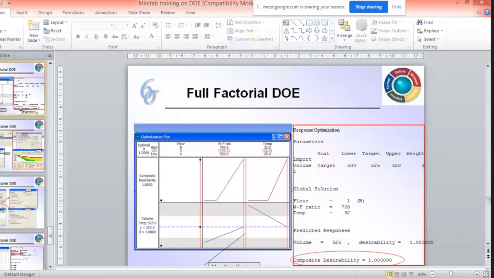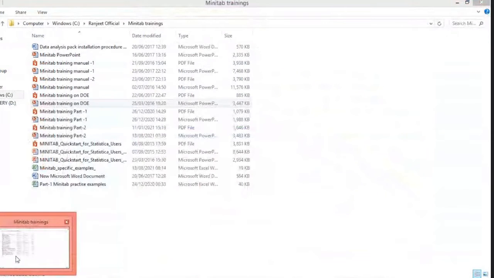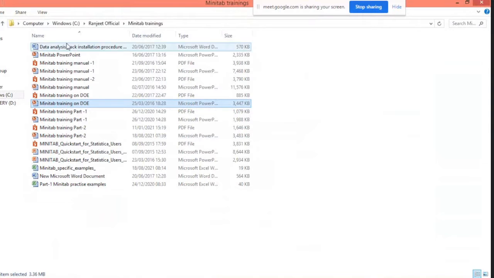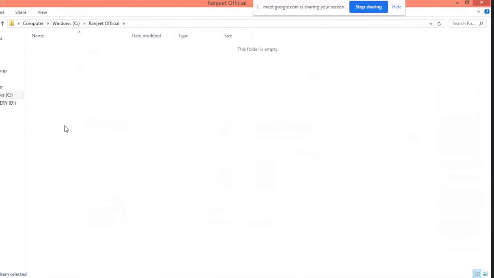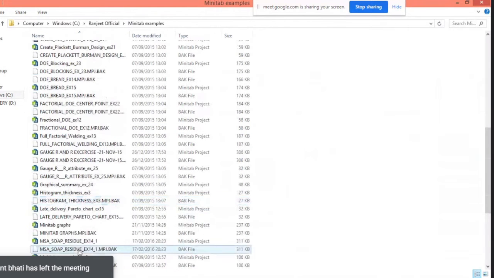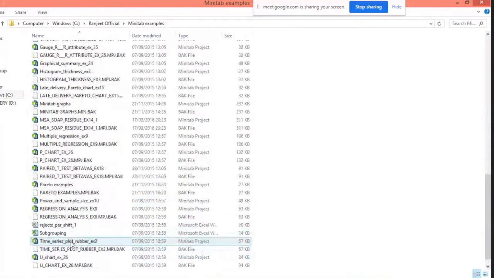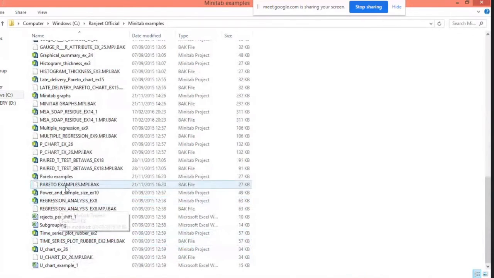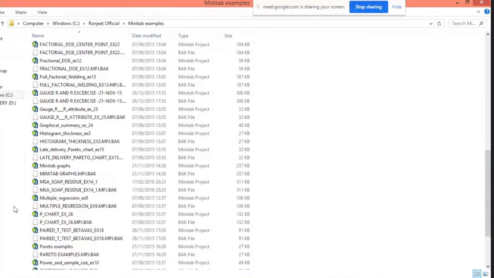Okay, can you open yesterday's example? Please open yesterday's example, the DOE example we have done related to the volume of bread.